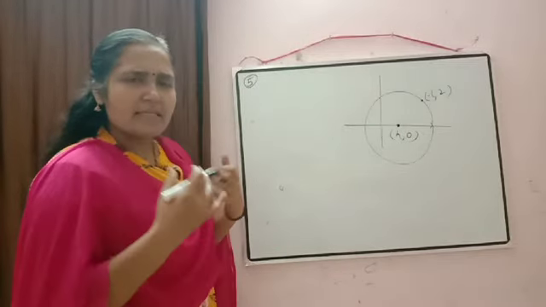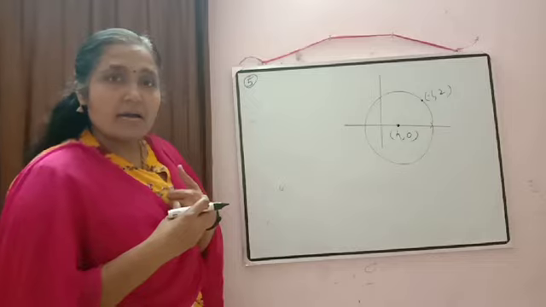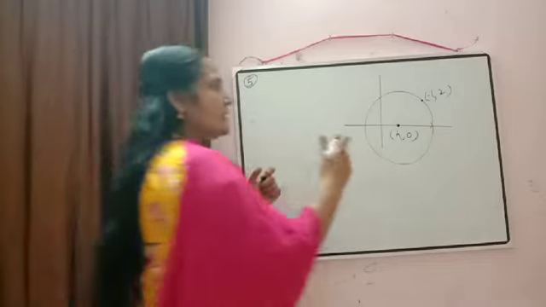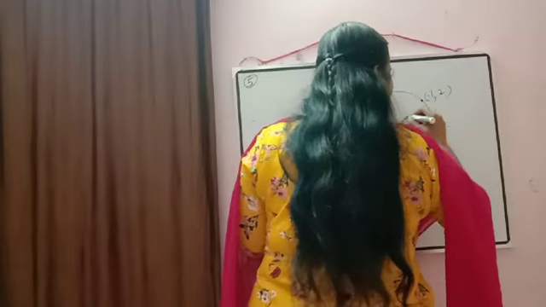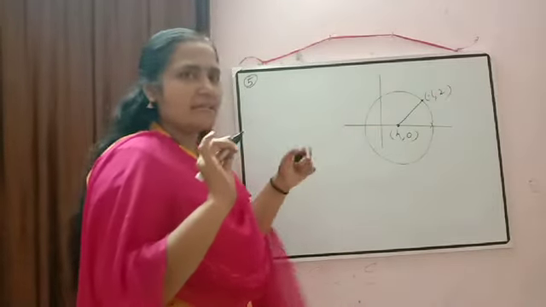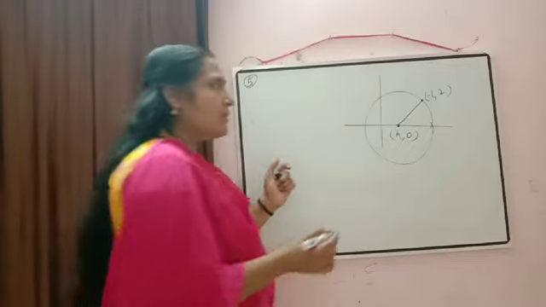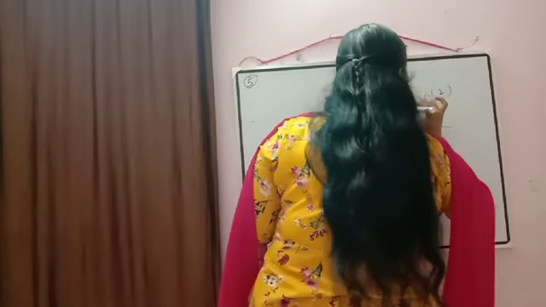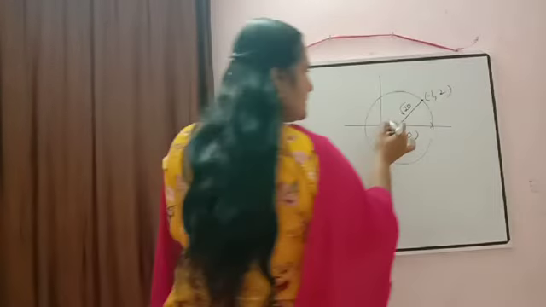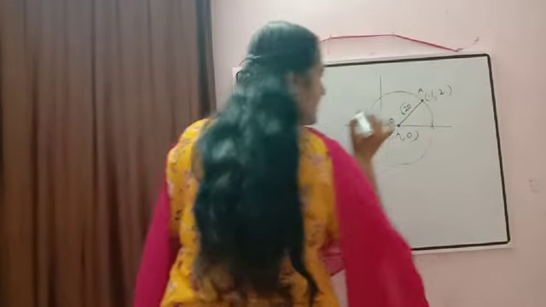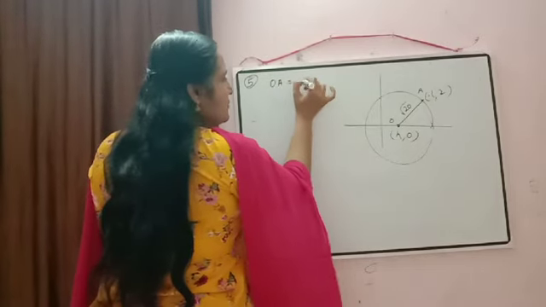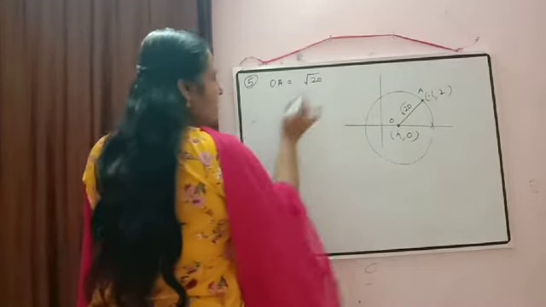And then what is the next information we have? Correct, radius. So what is the radius? Radius is the distance from the center to a point on the circle, correct. So this is the radius. And what is the radius given? Root 20. It is given. The distance is equal to root 20. If this is O and this point we are taking as A there, so we know OA is equal to root 20, given in the question.